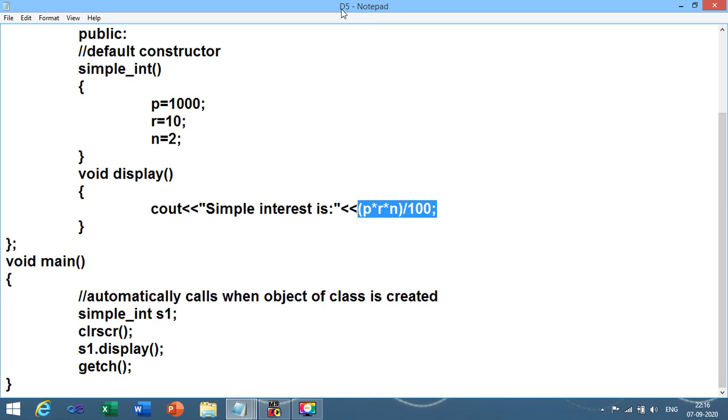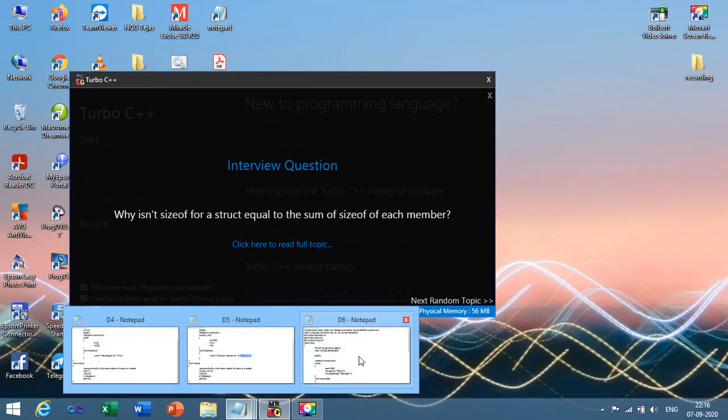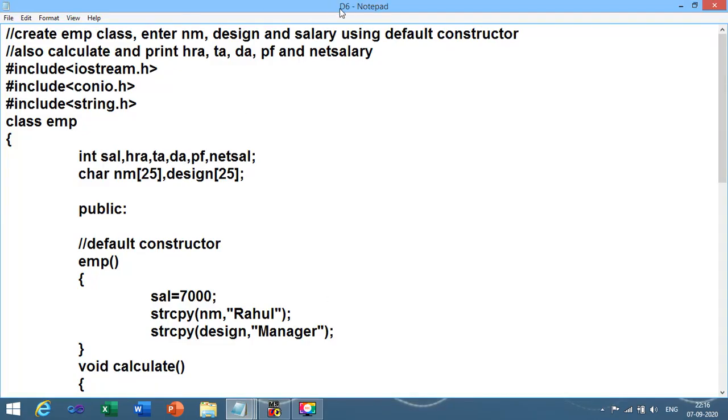You can take variables over here, but right now I have directly applied the formula for calculating simple interest. So this is program number D5. You can give whatever numbers you want. And let me share the last program of our today's session, program number D6. Our definition is such that we need to create one class named employee.